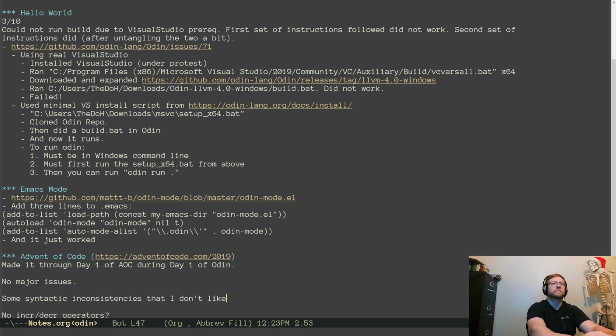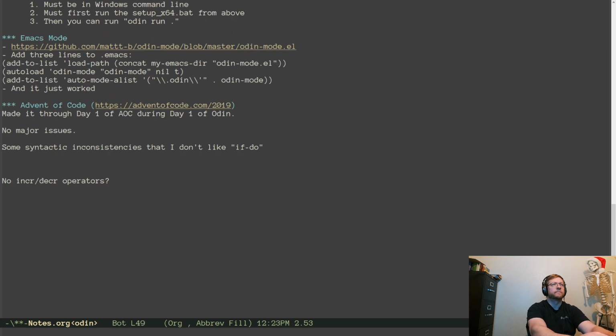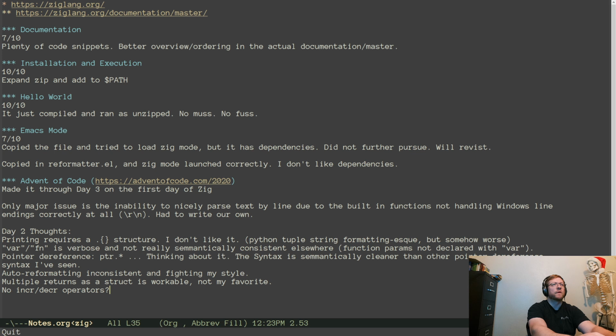If, do, only for loop iteration, I don't much care for. Both of them have slices. Those work reasonably well in both languages. Anyway, that's not what we're doing here. We're doing